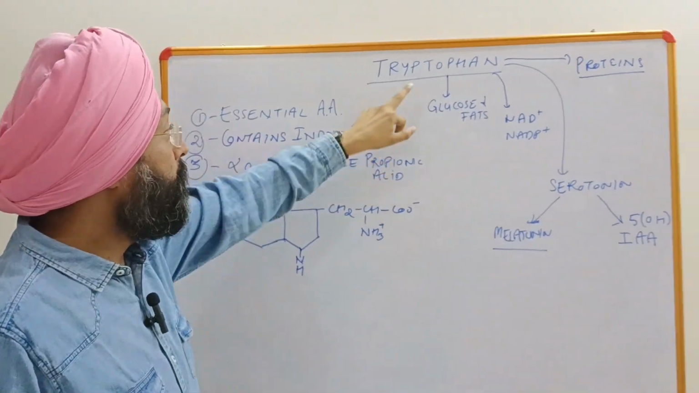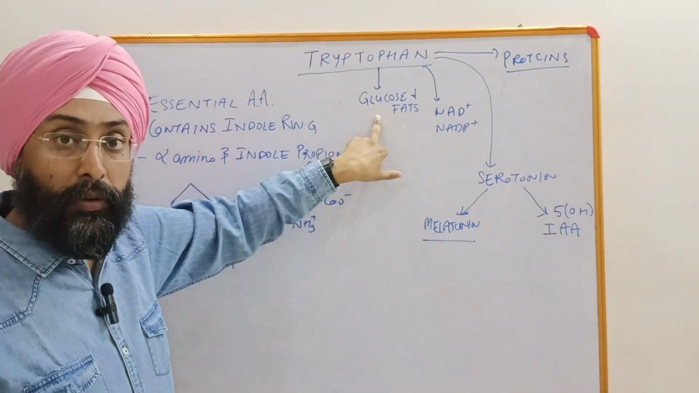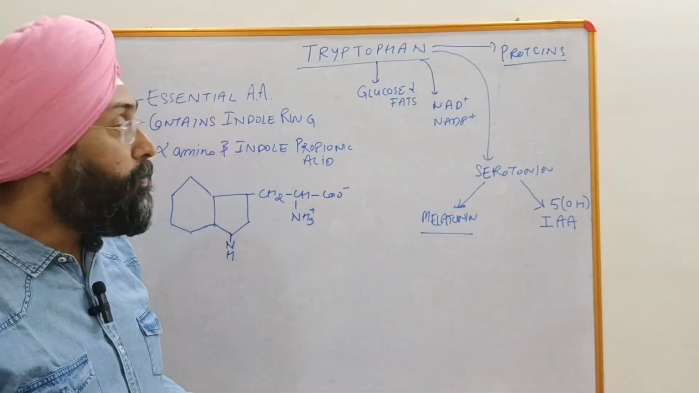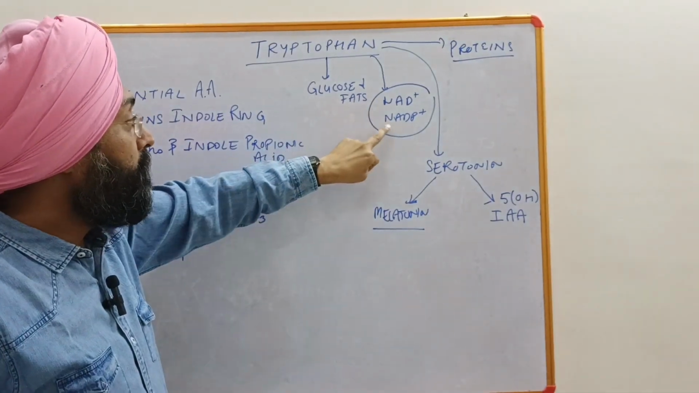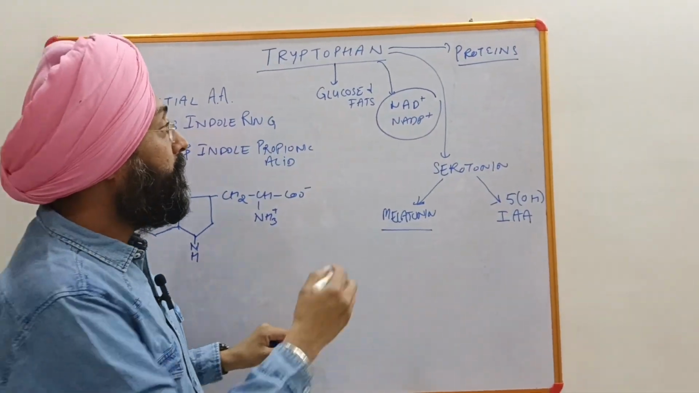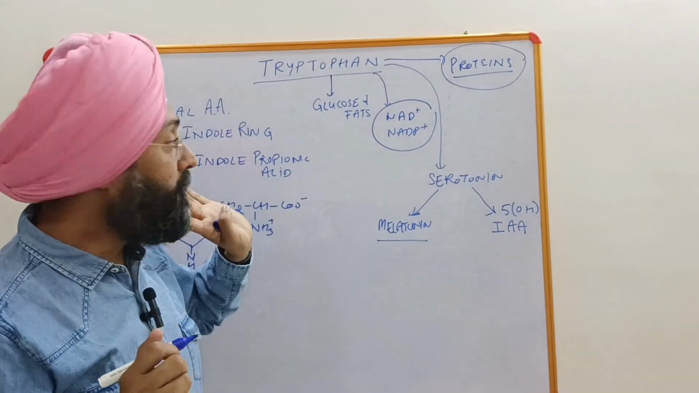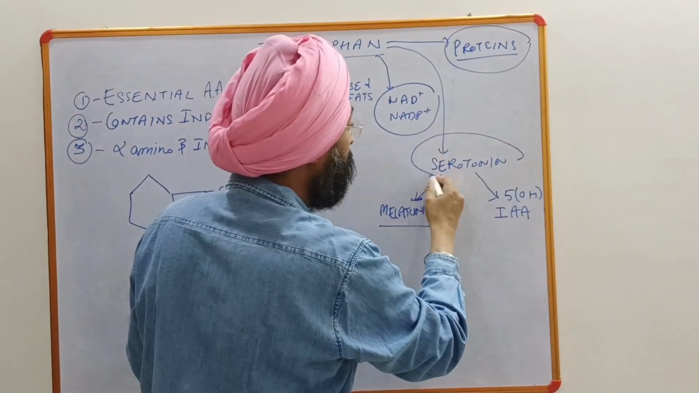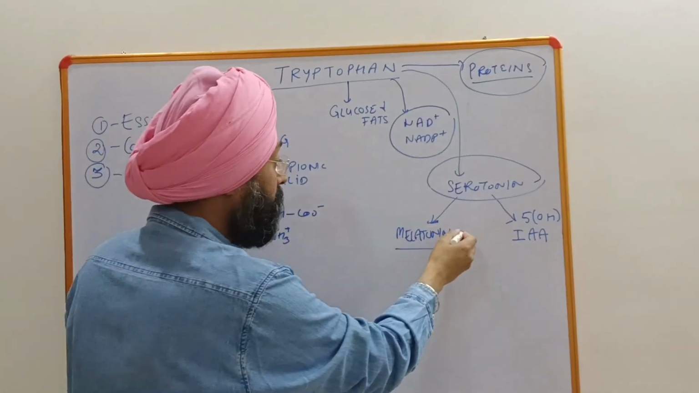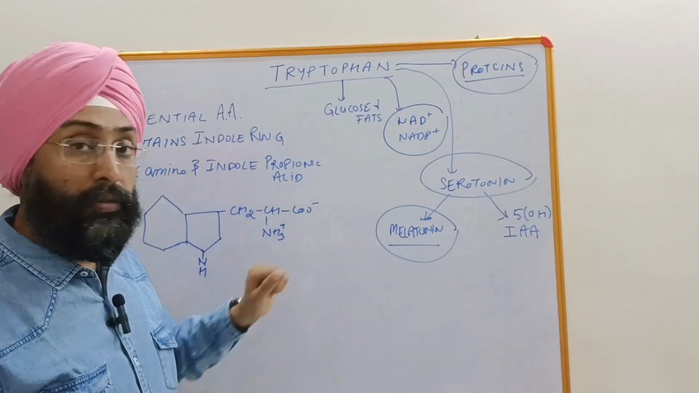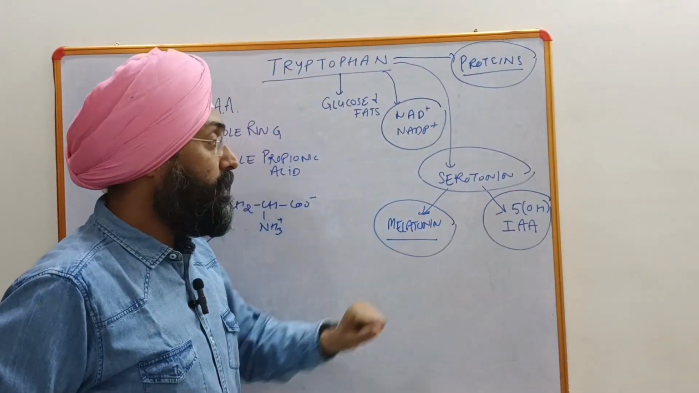And now, since it can lead to synthesis of both glucose and fats, it is both a glucogenic and ketogenic amino acid, right? And now coming to the products, first of all, it is used for the synthesis of niacin derivatives, that is NAD positive and NADP, right? And secondly, it can be incorporated into proteins as well, being an essential amino acid. And further, it is used for the synthesis of serotonin, the happiness molecule, right? And serotonin can be further converted to melatonin that induces sleep, and serotonin can be excreted into urine as 5-hydroxyindole